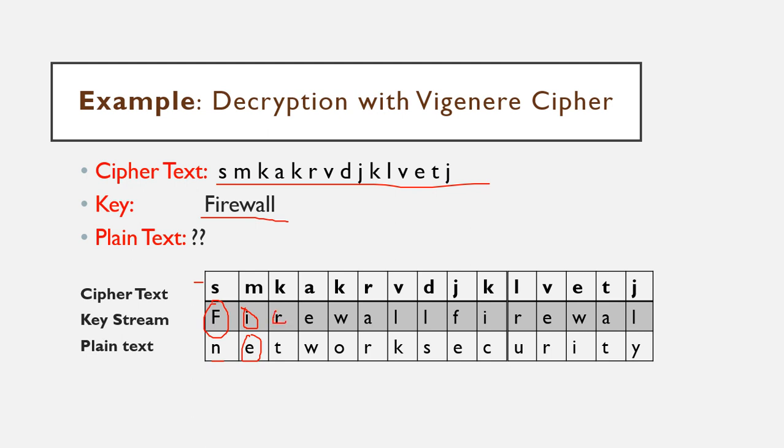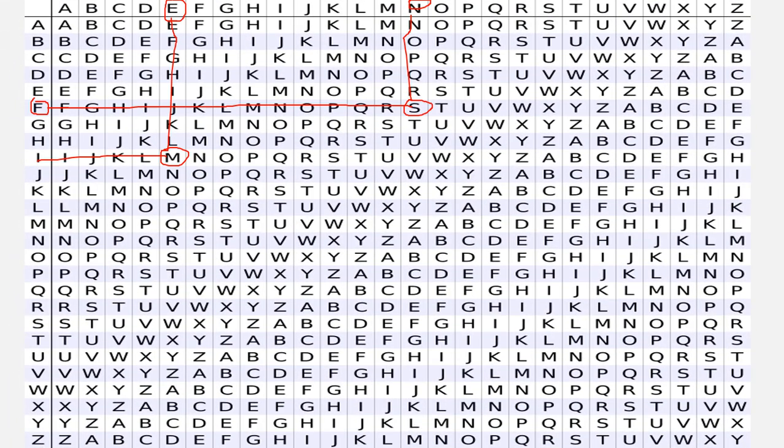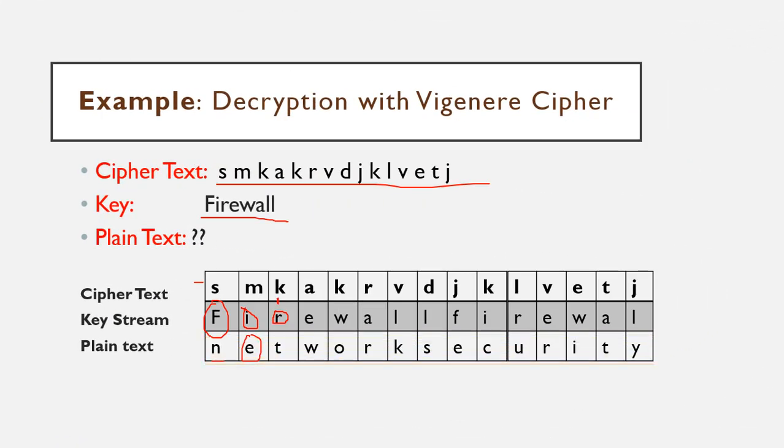Then third, let's take r and find out where k occurs. Here is the r, and let's check out where is the k. Here is the k, and check out what is at the top. It's t. So t. So similarly, as we saw, when we go through character by character, we'll get exactly the same message which was sent by the sender.